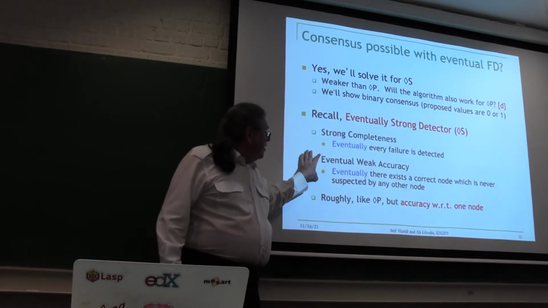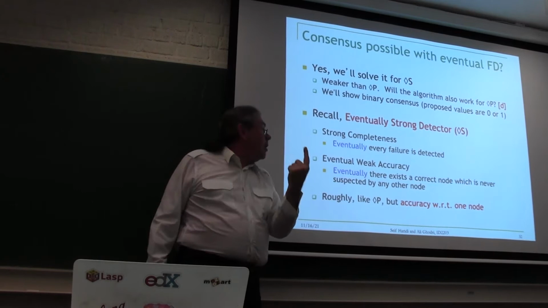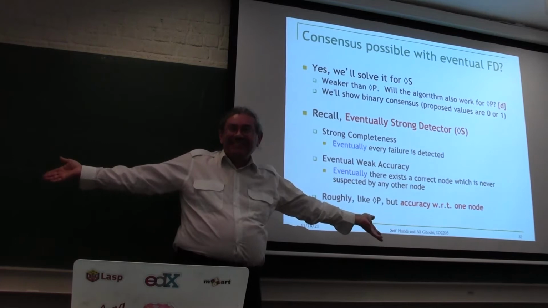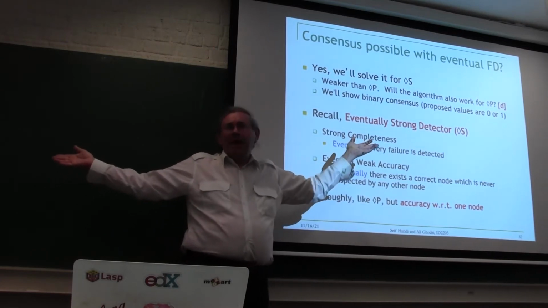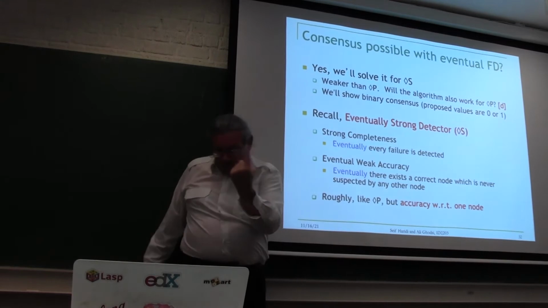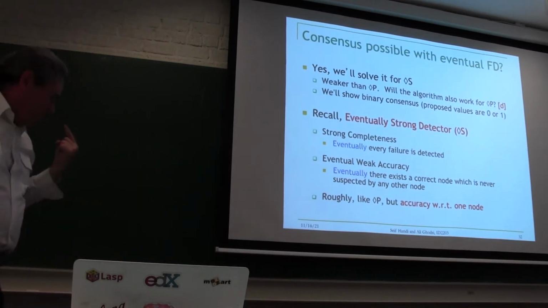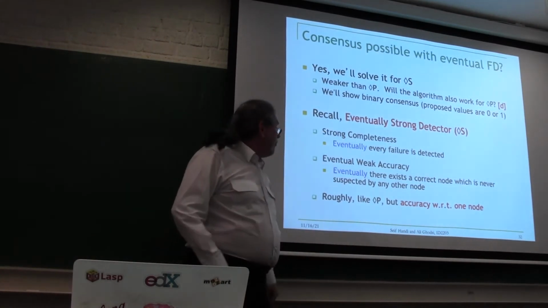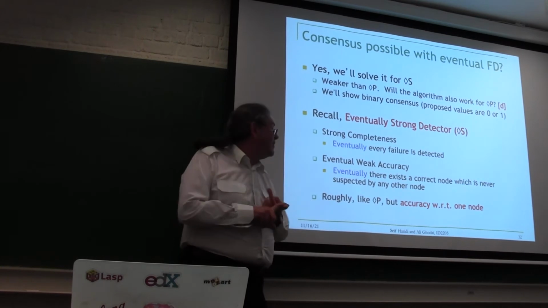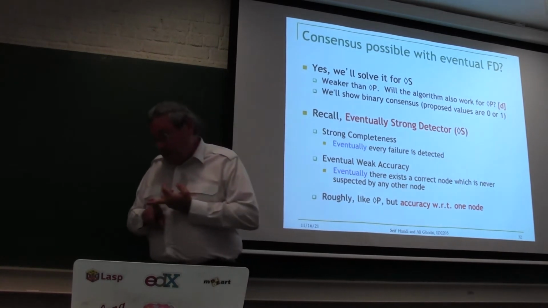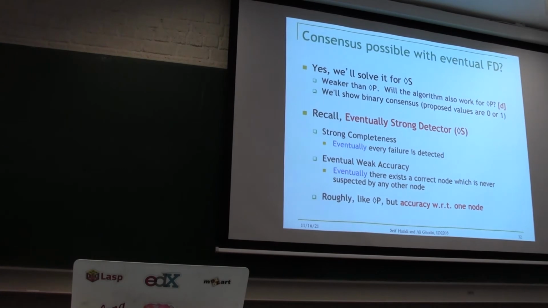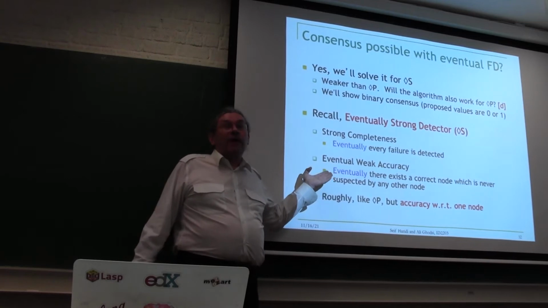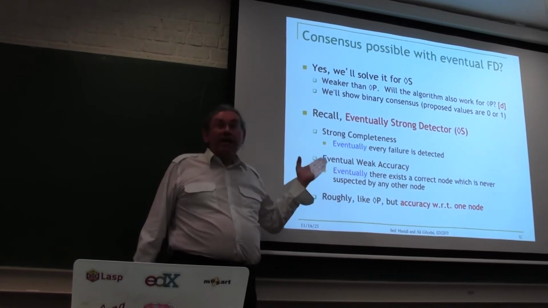So you see how it works. There's one special node that will stop making mistakes. But everybody else, it can keep making mistakes forever. That's a pain. But luckily, there's this one special node, and that's enough. We can build our whole algorithm on top of that one special node. Of course, we don't know which one it is, and we don't know when the mistakes stop. So that's the whole trick. How can we make an algorithm where we don't even know when it stops making mistakes? That is why it's subtle.